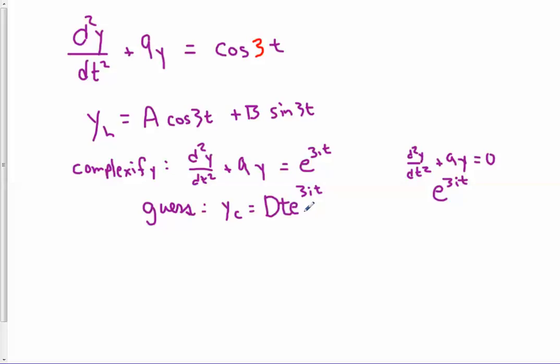All right, so let's see what we get. So this is going to be our guess, and of course what we have to do is figure out the d, the undetermined coefficient, and get that right. So let's work that out. I get a first derivative. Now, of course, I have to use the product rule because we have t times an exponential, and I think that's what we get. And then when we go to the second derivative,